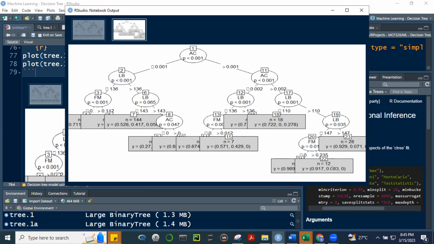I think, magi-split lang siya, dapat at least 50 siya, no? Minimum of 50 bago siya mag-split. Ibig sabihin, if it's already less than 50, hindi na siya pwede mag-split. No wonder, mas dumami yung nodes natin. Okay? So I believe that's the meaning of mean split.